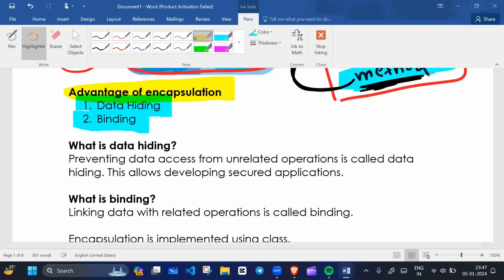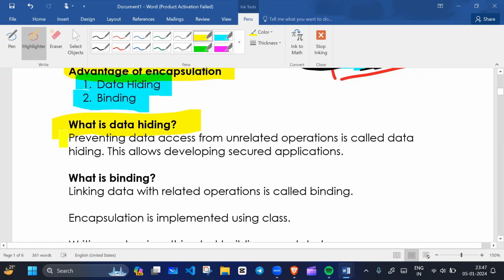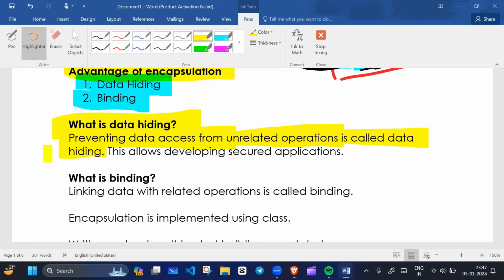Now we will see what data hiding is. Preventing data access from unrelated operations is called data hiding. You can hide your data from unrelated operations, or unrelated functions, because functions perform operations. If the function is inside the class, it is known as a member method.